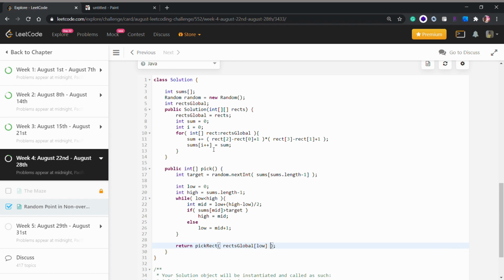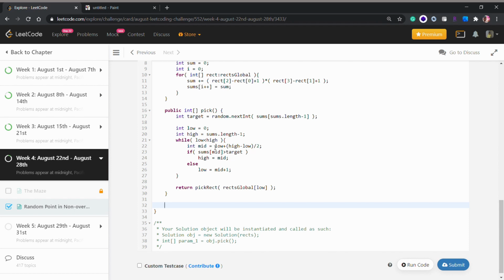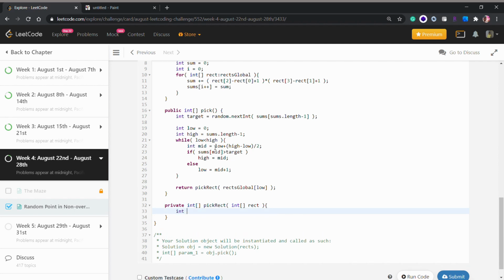So we will return our rectangle coordinates from which we want to pick a random number. And now we will create a private integer, because remember it will return an integer array, and pick rect, and it will also receive an integer array, which would be our rectangular coordinates. And we will have four coordinates.